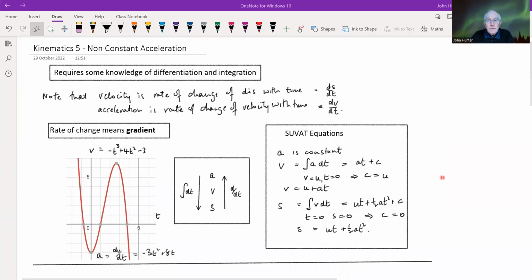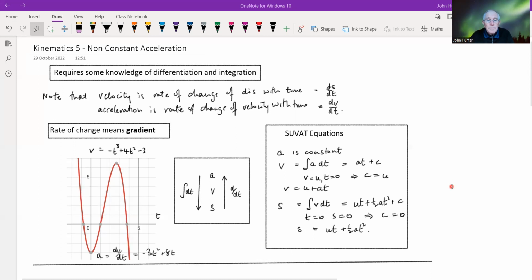Welcome to the fifth video in the kinematics section. This one's on non-constant acceleration. What we've done to date using the SUVAT equations are to do with constant acceleration. Those equations themselves are derived on the assumption that acceleration is constant, and I'll demonstrate that to you